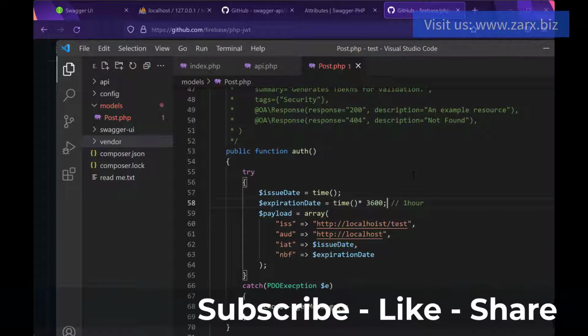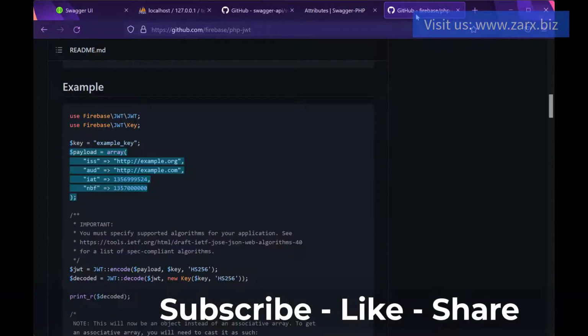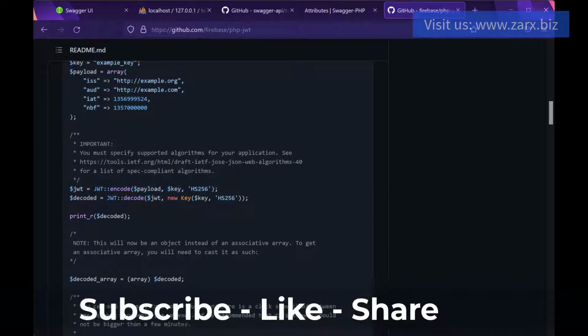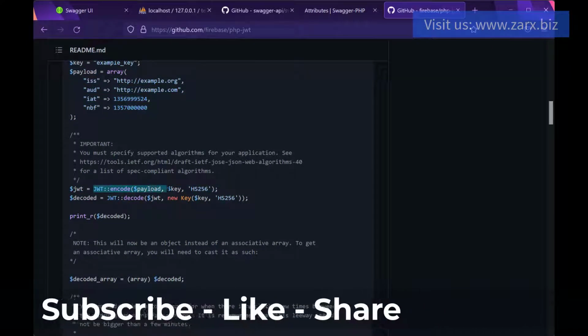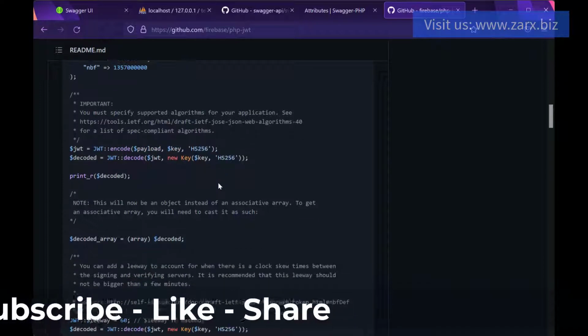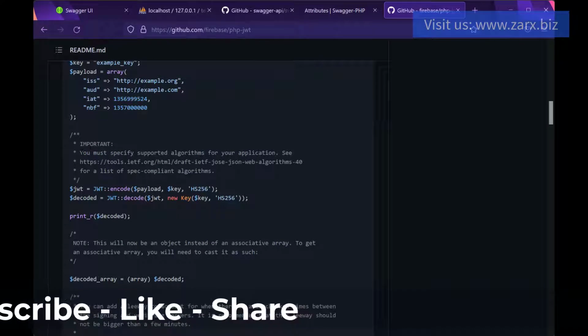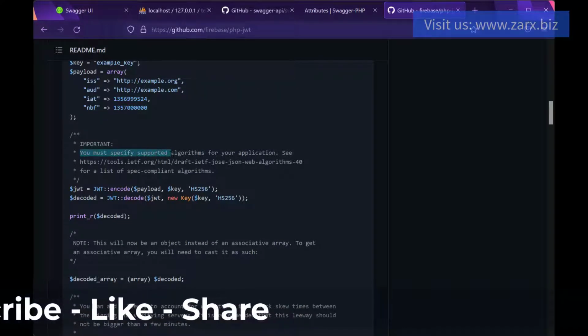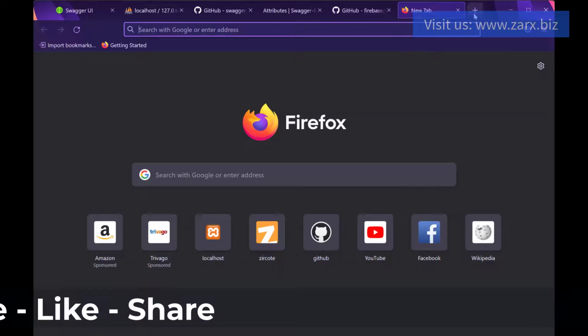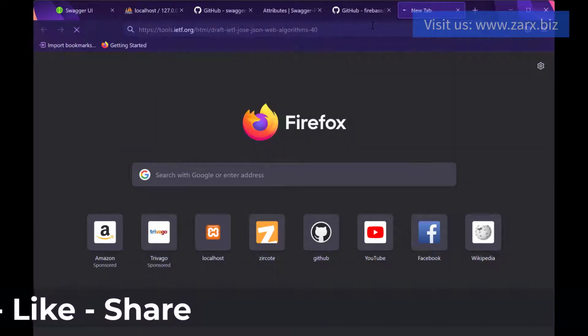Okay, semicolon missing here, sorry about that. Now we need to go back here. Here we'll see that we are encoding: Jwt encode, payload, and then a key, and then code here given. Now if you see here in the comment, you must specify supported algorithm. So if you open this link, so if I open it here, so